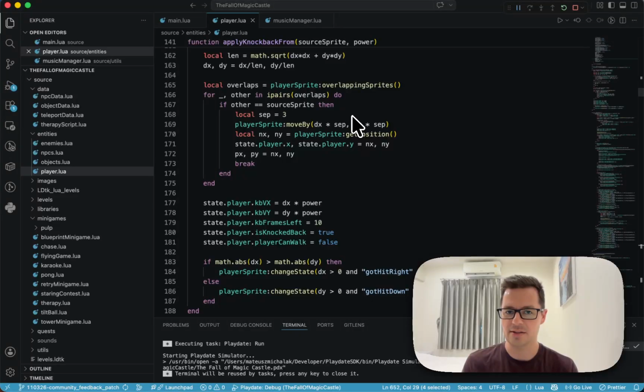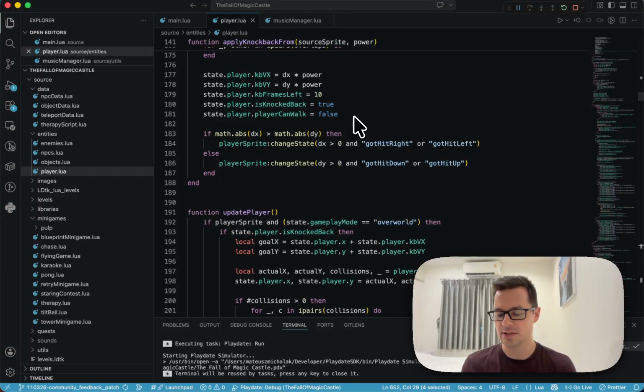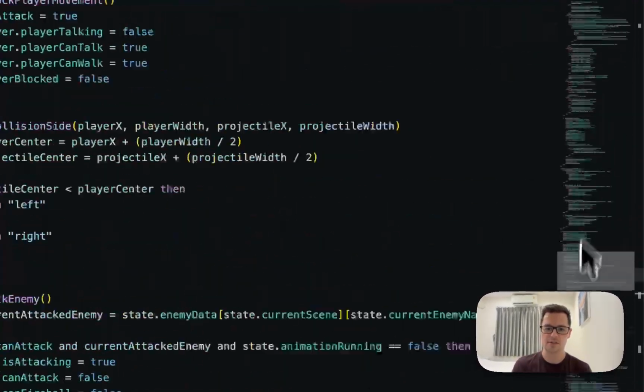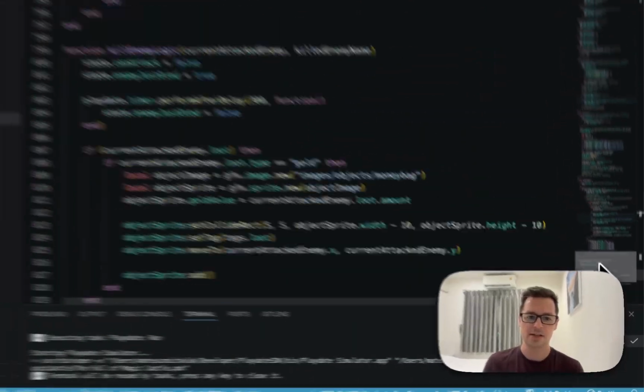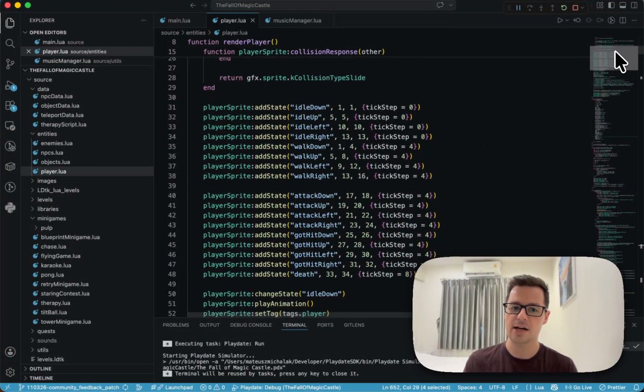The player can move, the player can interact, the player can be rendered or cleared from the screen. The player can interact with objects, with NPCs, but also with enemies, so that triggers the player into an enemy combat state. So there's a lot of logic, especially for the player,